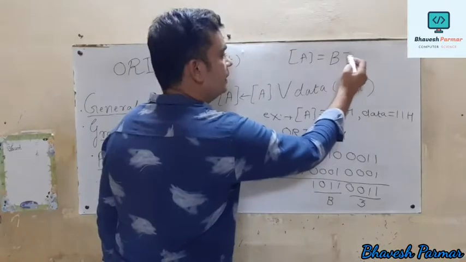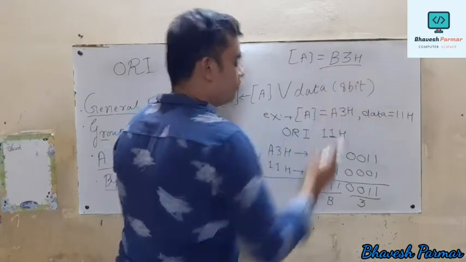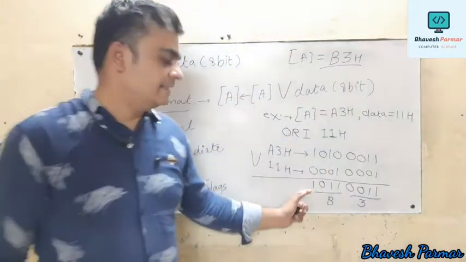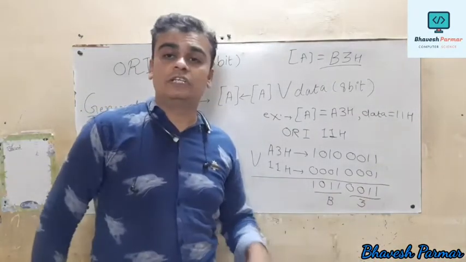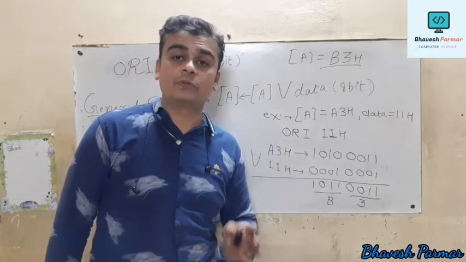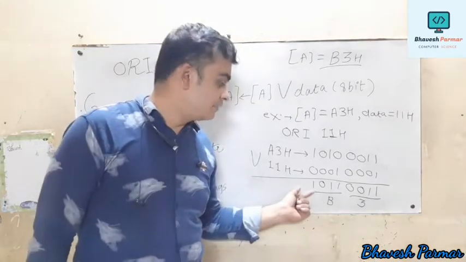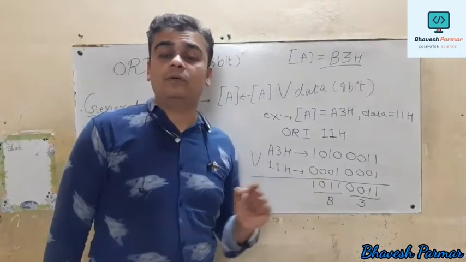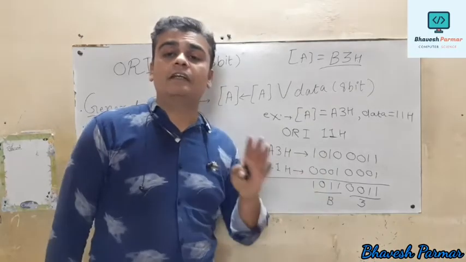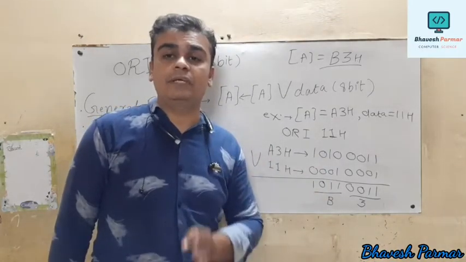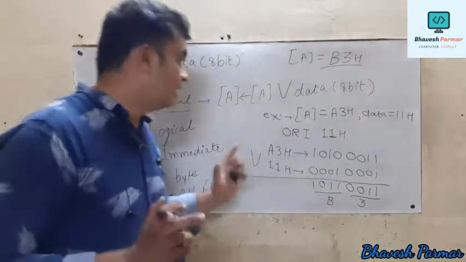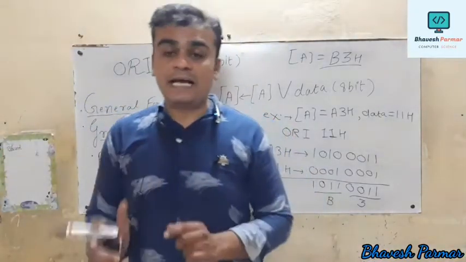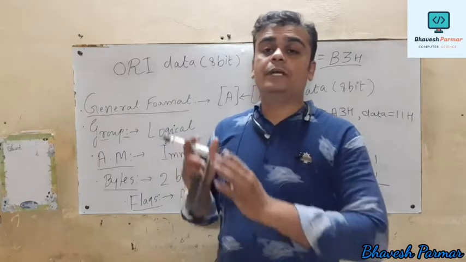And from the flag register point of view, in that case the S flag is affected. If we try to count the total number of 1s, it is also in odd figure. So that's why we say that only the S flag is affected, whereas the Z flag, AC flag, P flag and CY flag remain unchanged.